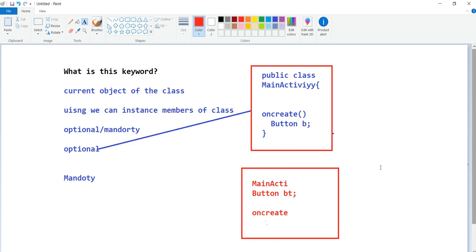And about this, I have a few more points. People give a lot of definitions for this, and I'm saying those definitions one by one. The this keyword can be used to access the instance members of the current class. Also, this keyword can be specified in a constructor or instance of the current class. This keyword cannot be specified in static methods. We never use this in static methods.